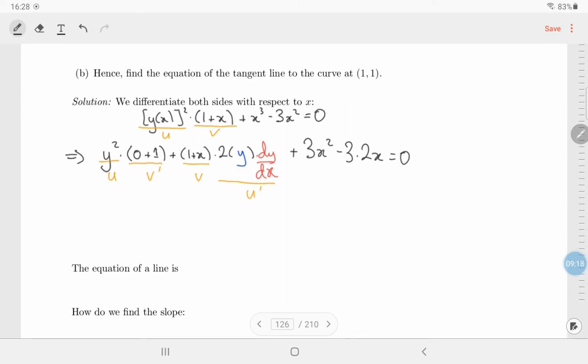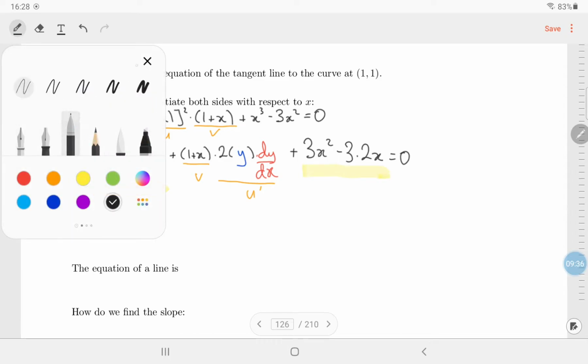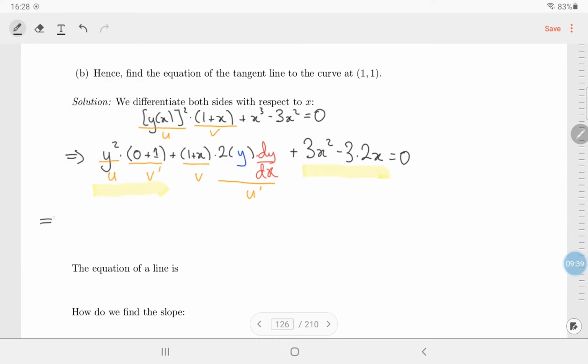Now our job is to solve this for dy/dx. So first I want to get all the dy/dx on one side. I'm going to take y squared away from both sides. So here I got 1 plus x by 2y. That's a number, 1 plus x by 2 by y. I can write it in whatever order I want. So how about 2 times 1 plus x times y, times dy/dx equal to